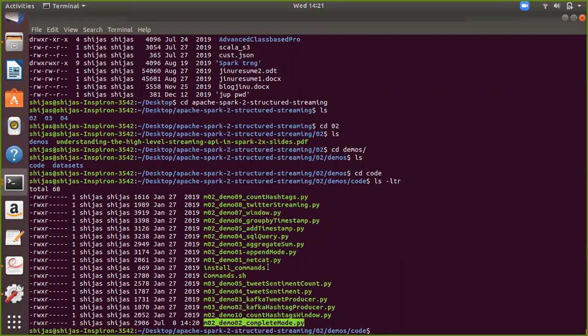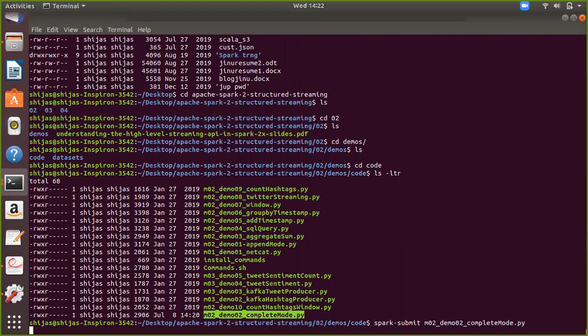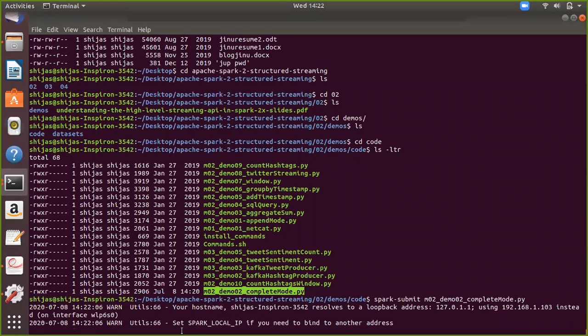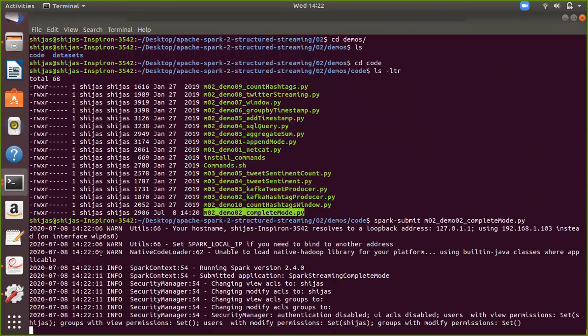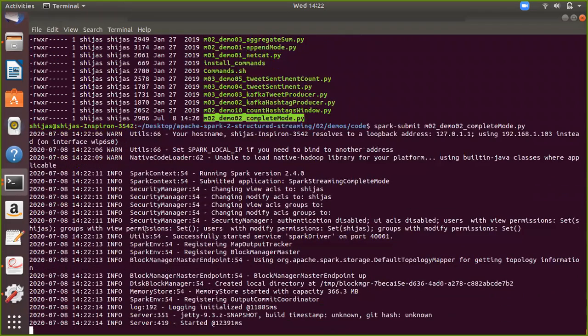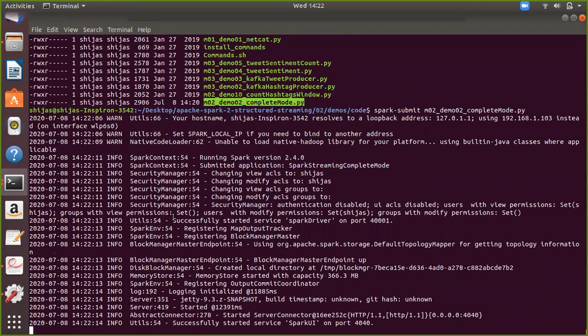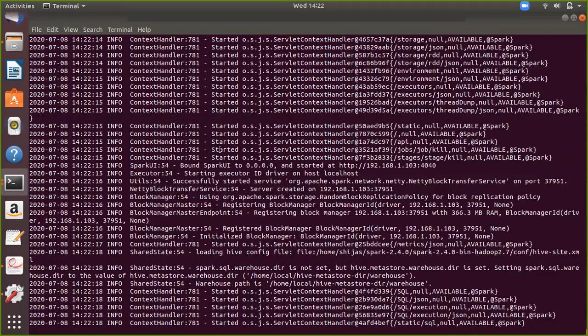So let's execute this using Spark Submit. When you execute, we can see it will start. This particular program is being submitted to Spark. Initially we don't have any files, I mean only one file is there in the location. So we need to gradually drop the files into the drop location one by one.